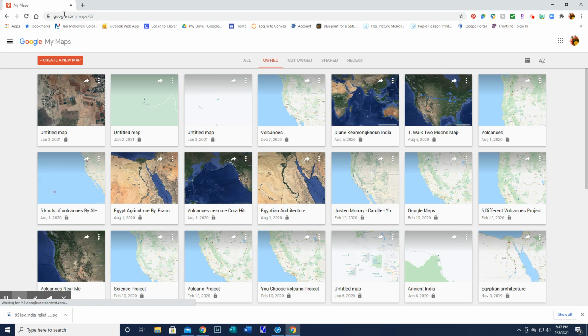That's because I've had lots of maps that I've made. You might have no maps here if you've never done a My Map, or you might already have one map or two maps here if you did one for the volcano unit or maybe did one in 5th grade. But regardless how many maps are shown here, where you're going to go is to this big red button that says Create a New Map. Click on it,